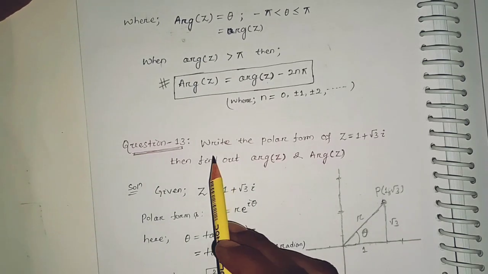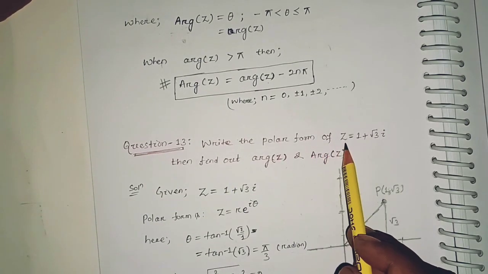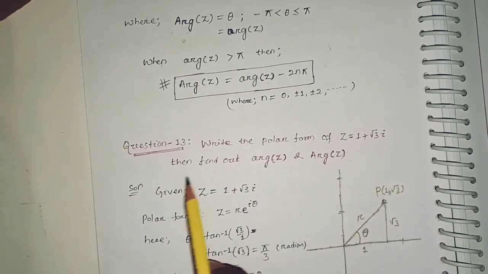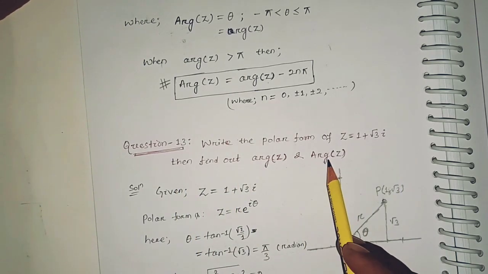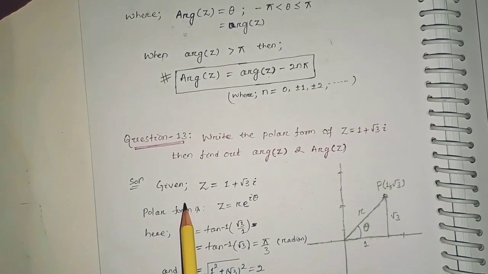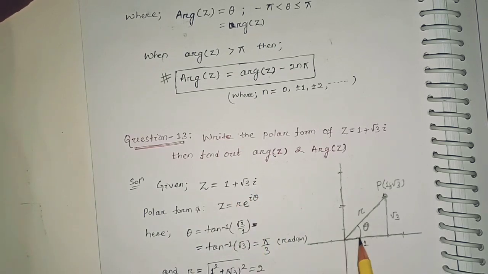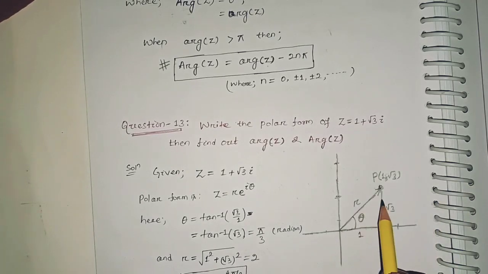First question is: write the polar form of Z equal to 1 plus root 3i, and then find out the argument of Z and the principal of argument, capital ARG Z. Okay, the given complex number is Z equal to 1 plus root 3i. If I represent this complex number, this is the 1 unit, and root 3 is 1 point something, so the point will lie over here. The location will be 1 and root 3, and this will be your complex vector, and its modulus r will be